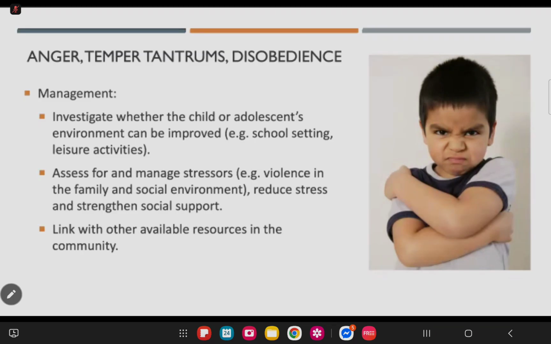So if you have patients who have history of child abuse or neglect, refer them to the social worker. If you have patients who have developmental delays, refer them to a developmental specialist. Okay. Keyword: refer.